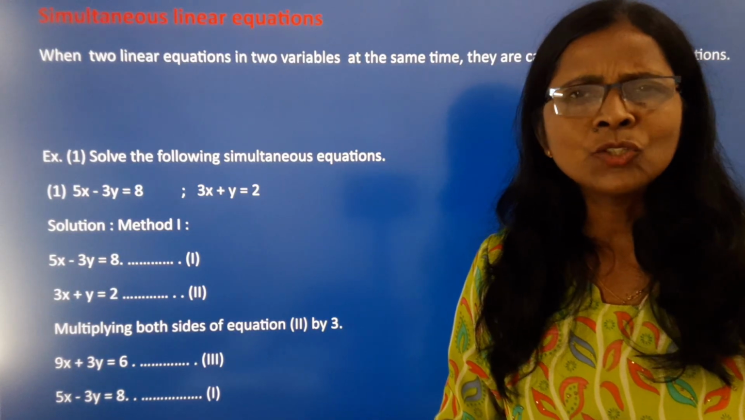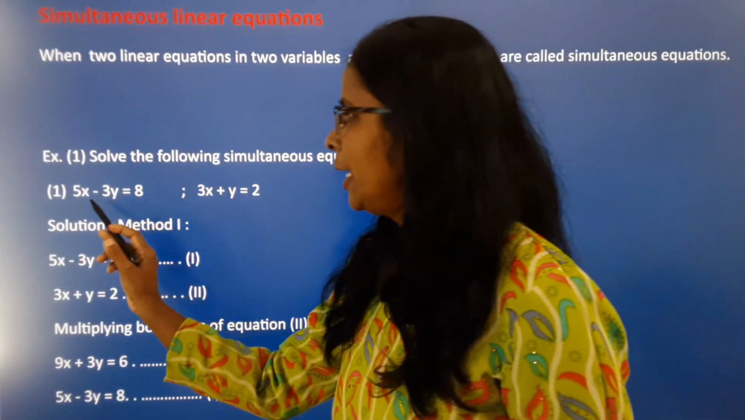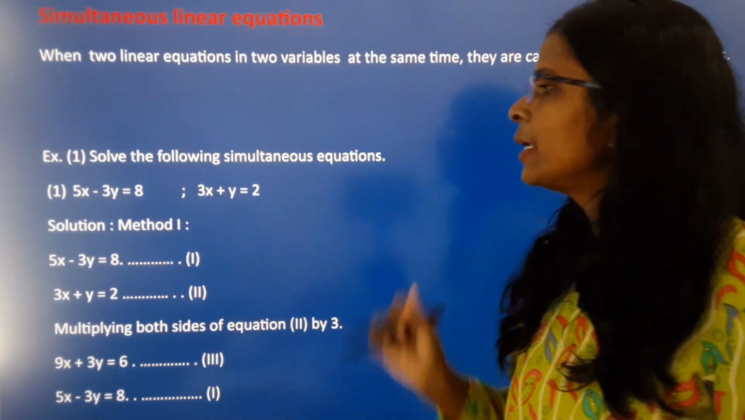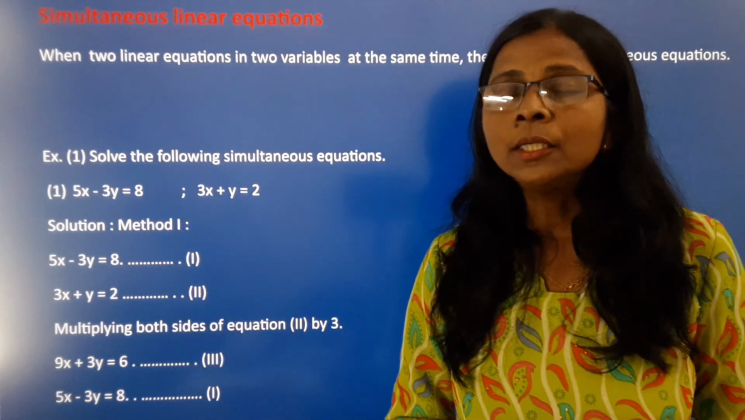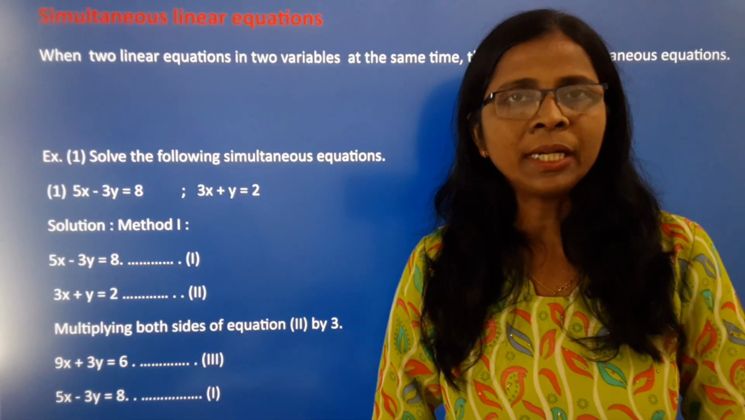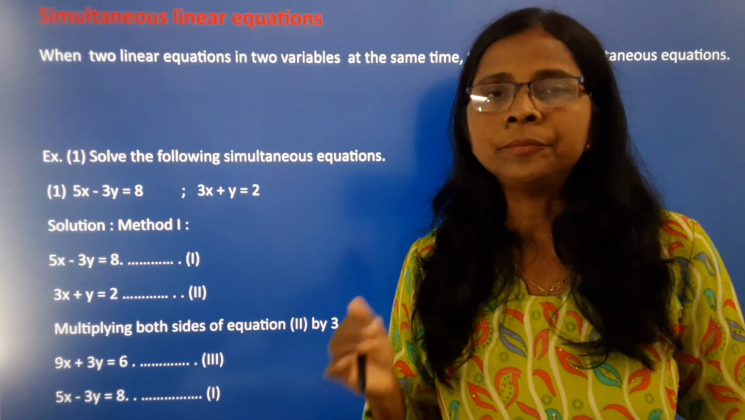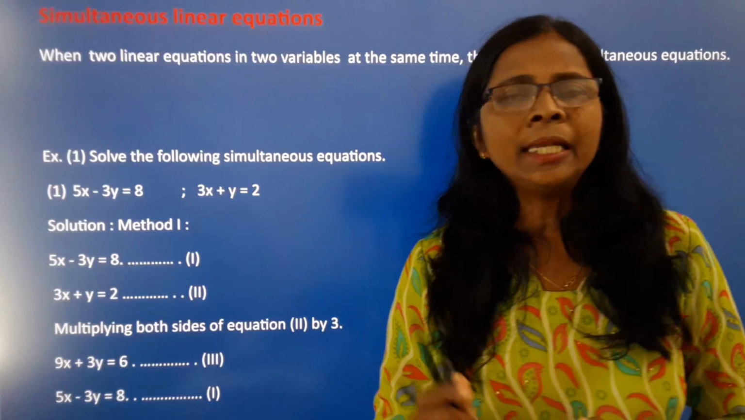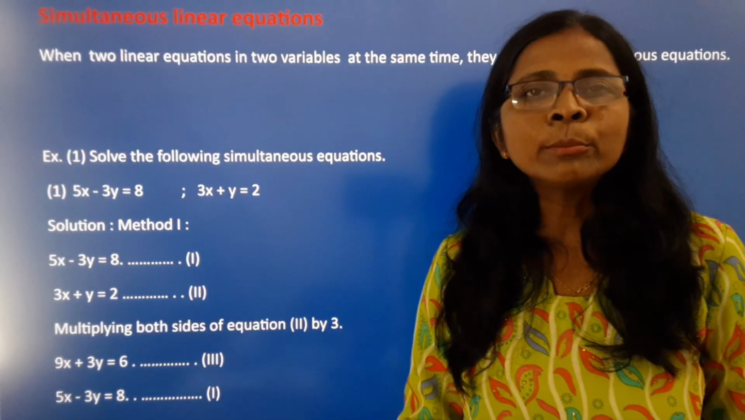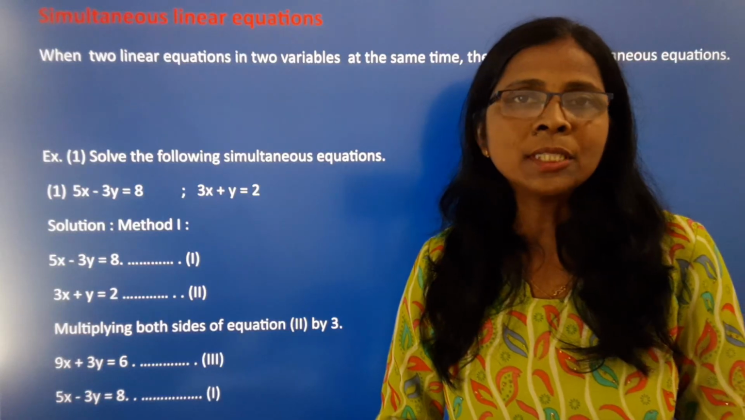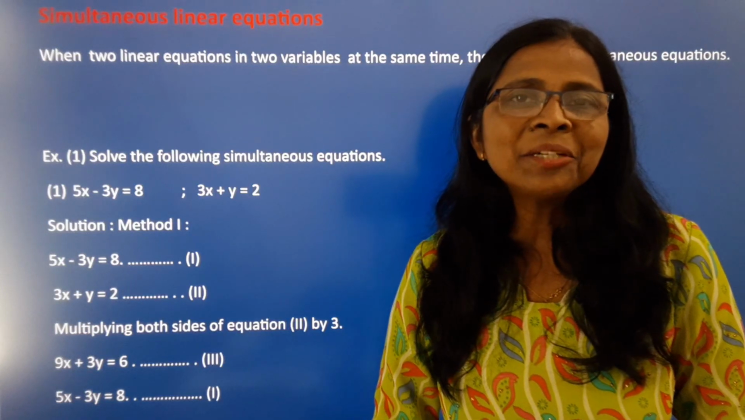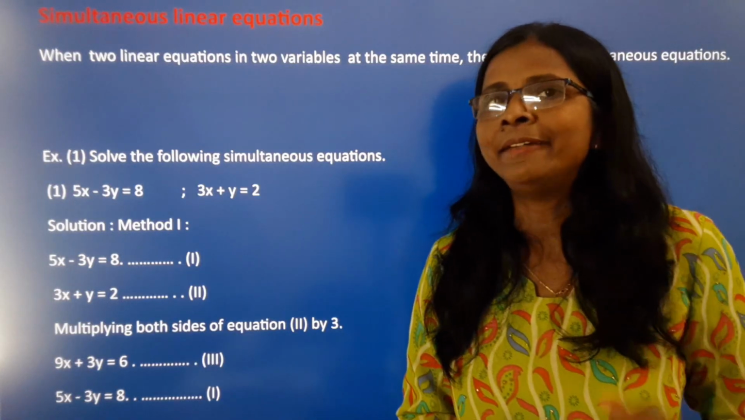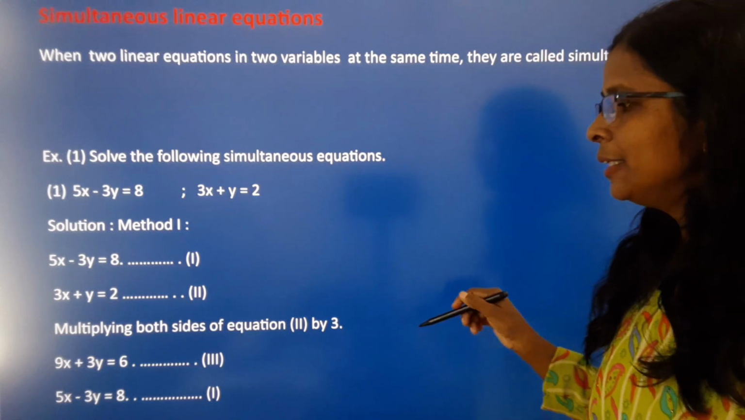So how can we solve it? First see the equations: 5x minus 3y is equal to 8 and 3x plus y is equal to 2. So now here we can solve this simultaneous equation by Cramer's rule, by the graphical method, by the elimination method, and by the substitution method. And we are familiar with the substitution method and the elimination method. So here we apply the method that we have learned in standard 9. So the first method, that is the